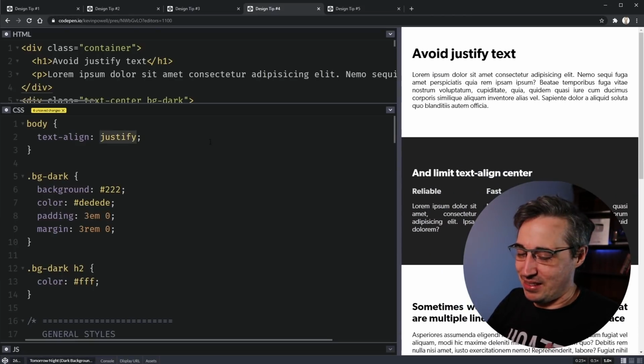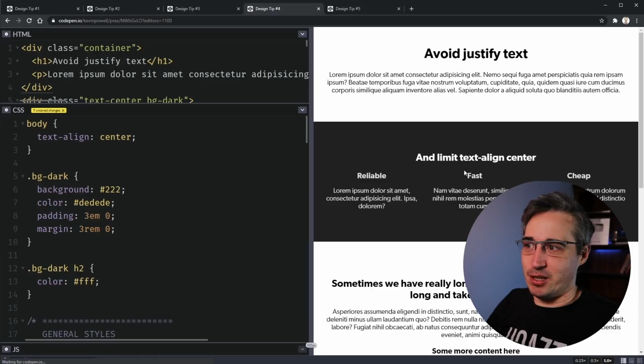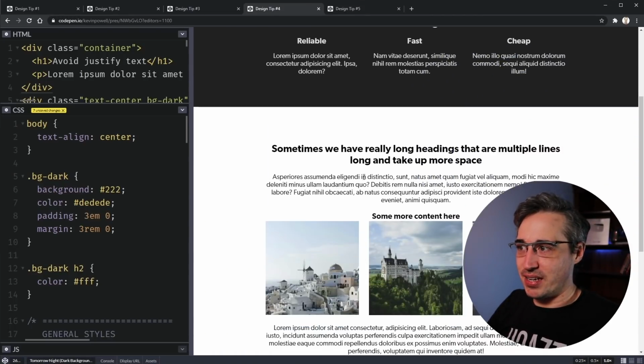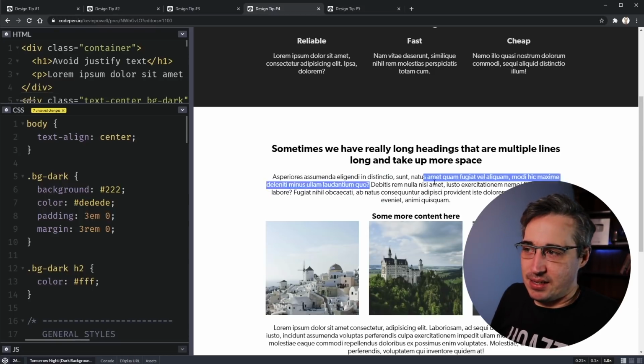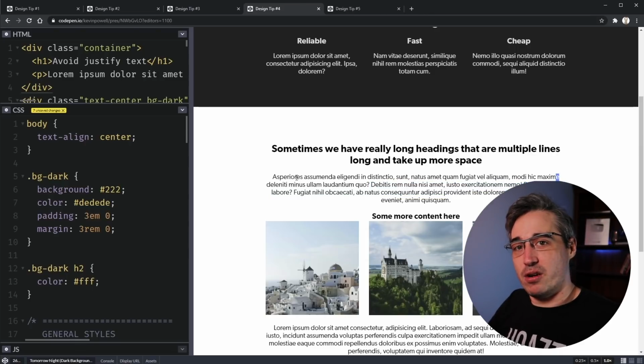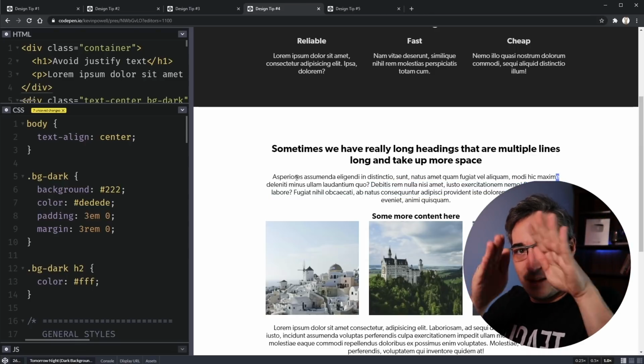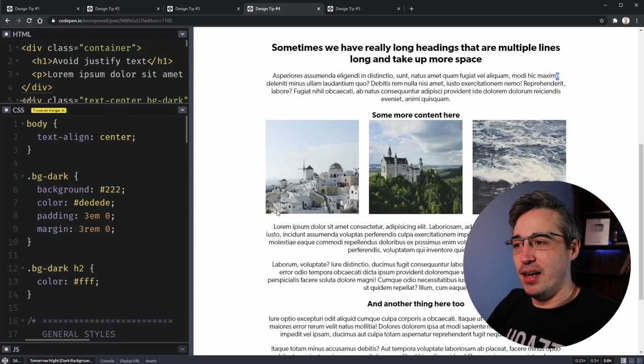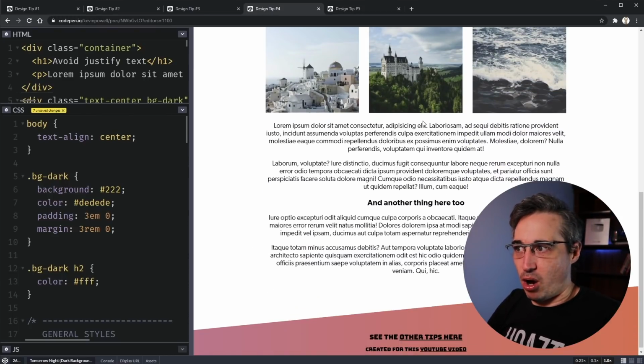The other thing that I see people do a lot is too much text-align center as well. Yes, you can use text-align center, but you want to limit where you're using it. Again, with long lines of text like this, it makes it really hard to read. It doesn't even have to be an overly long line. If you have a whole bunch of text that's all center aligned, it's very difficult to read. You get to the end of one line, and it's harder for your eye to track because both sides end up being this weird wiggly thing, right? Down here, it starts getting really awkward to read.